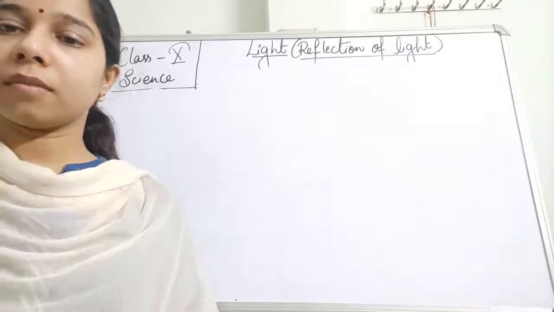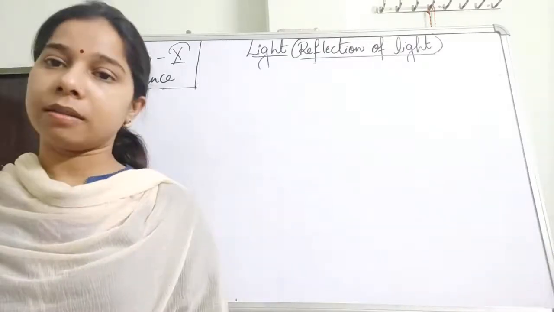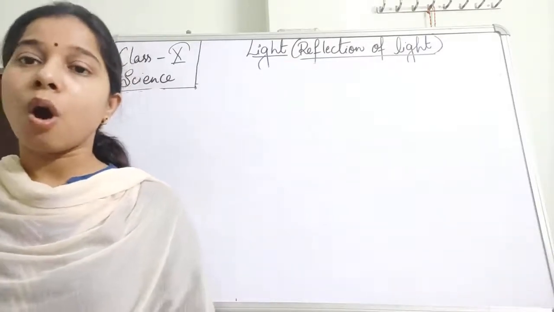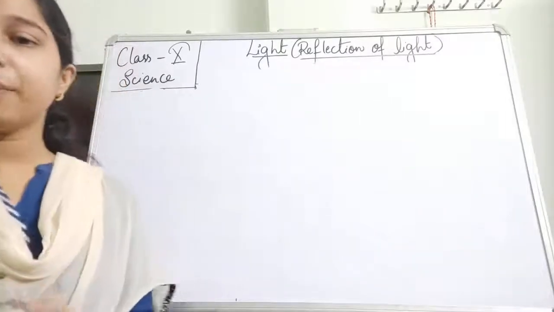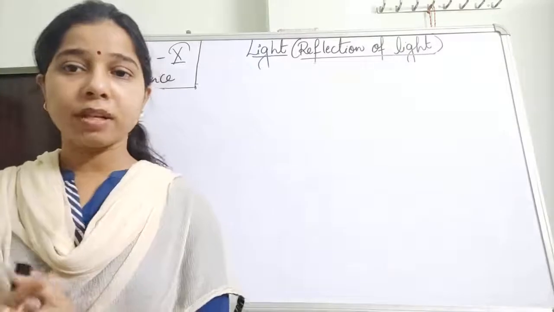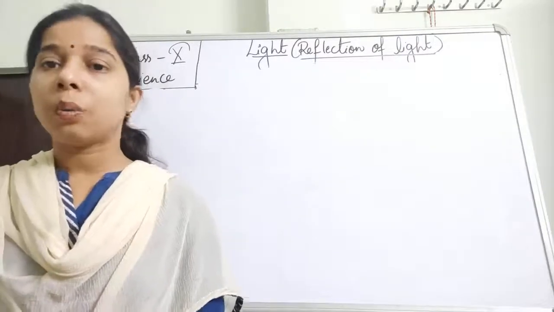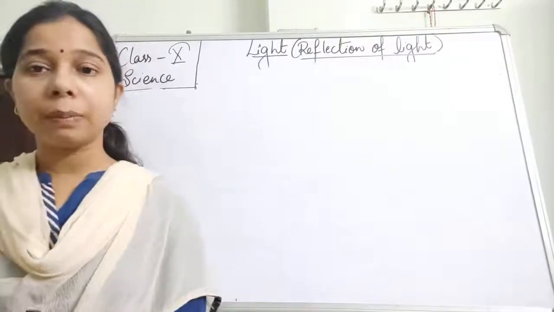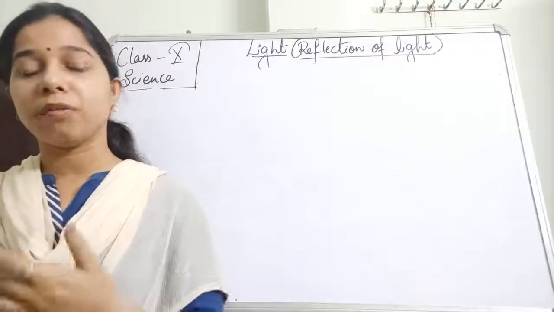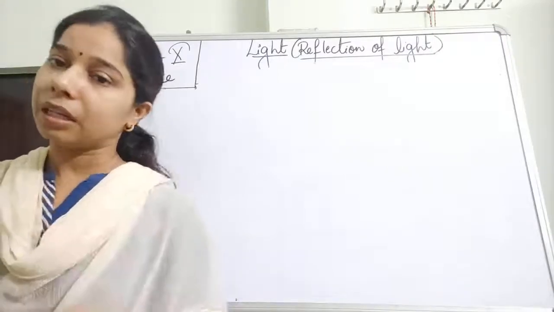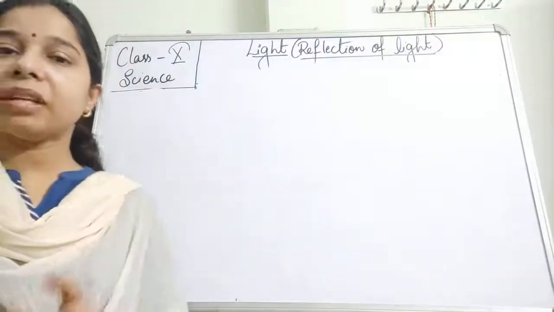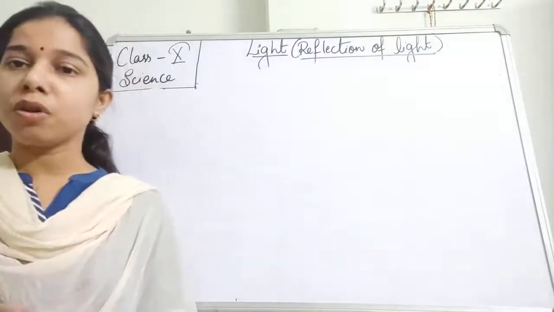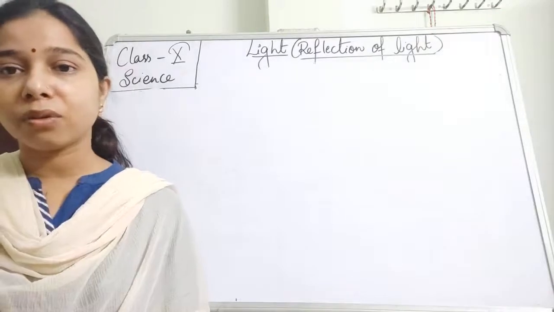So you see that in the previous class we had discussed all the different kinds of reflection of light. What are the different positions in which we will keep the object in order to get the image? We have seen that if we keep it between focus and the pole, where we will get the image. If we keep it at the center of curvature, where we will get the image. If we keep the object at the center of curvature, we will get the image at the center of curvature.